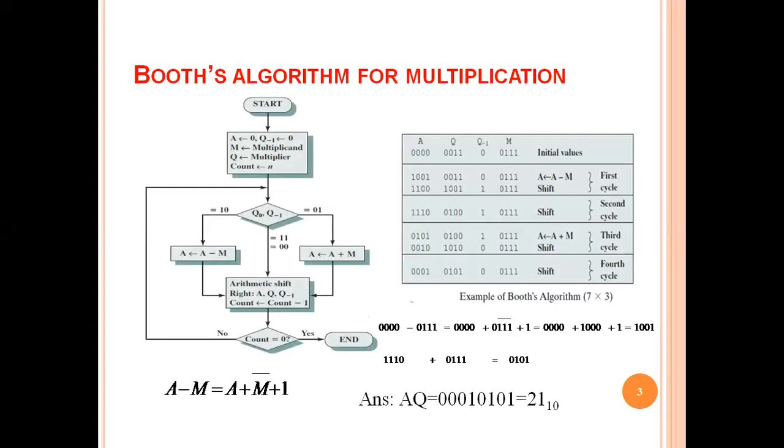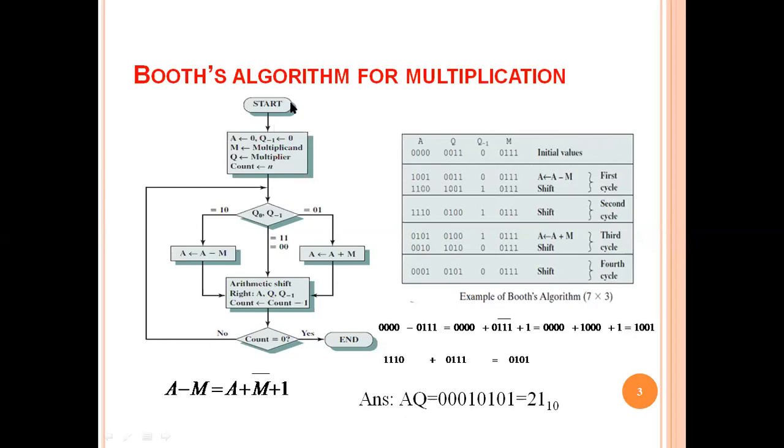Now see how to implement Booth's multiplication. This is very important. So, Booth's algorithm for multiplication. Now see the left hand side, I have written the algorithm. The algorithm you can find in the computer organization book by Stallings. Okay, now in the left hand side I have written the algorithm, and on the right hand side each step. Clear? Now first I will tell about the algorithm, then I will go for the example.